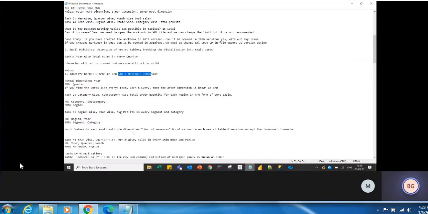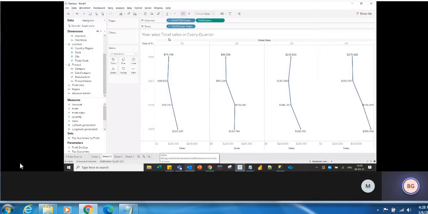In the previous task, the first task, if you see, year wise total sales in every quarter, correct? What are the normal dimensions here and what is the small multiple dimension? Year wise is a normal dimension.